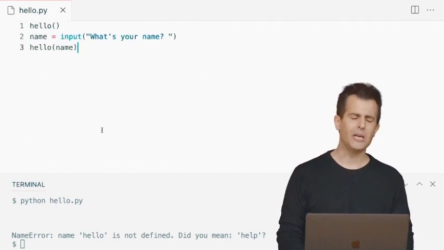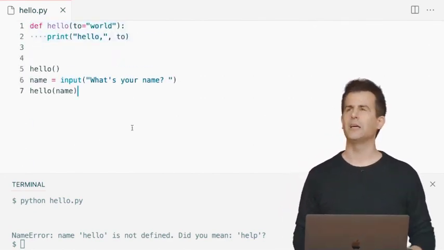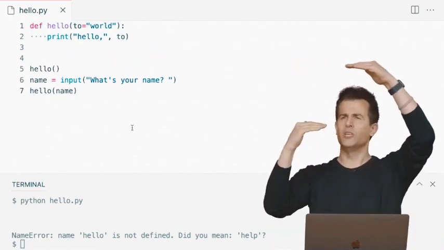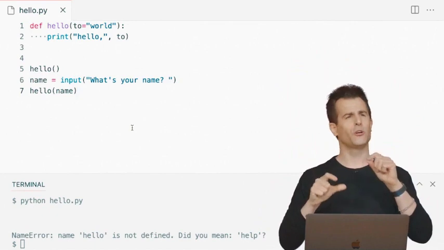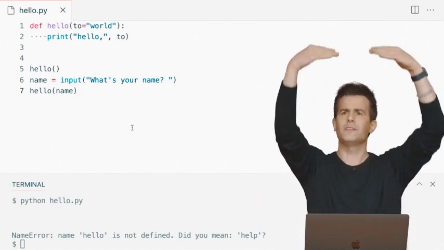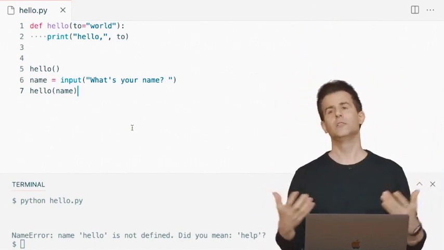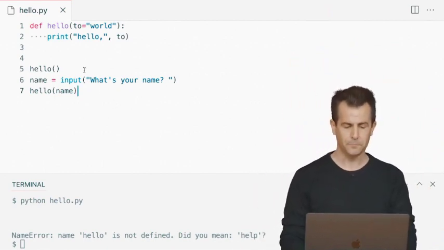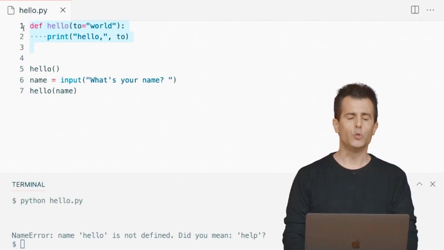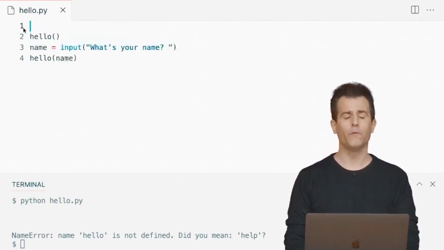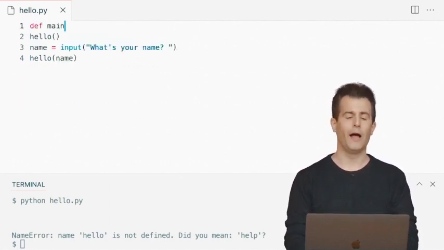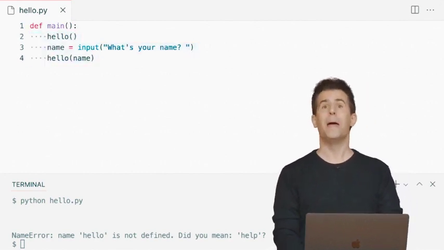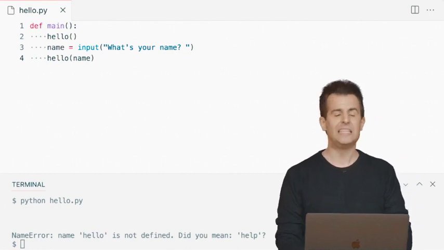But that too could get me into a bit of trouble eventually, because if I constantly have to define a function above where I want to use it, you're kind of writing code in reverse. You're constantly writing functions up here, up here, up here, as opposed to writing your code logically top to bottom. So let me fix this in a more standard way, which is to do this. Generally speaking, you do want to put the main part of your code at the top of your file. And in fact, I'm going to go so far as to define my function called main. It's not a requirement, but it's indeed a convention.